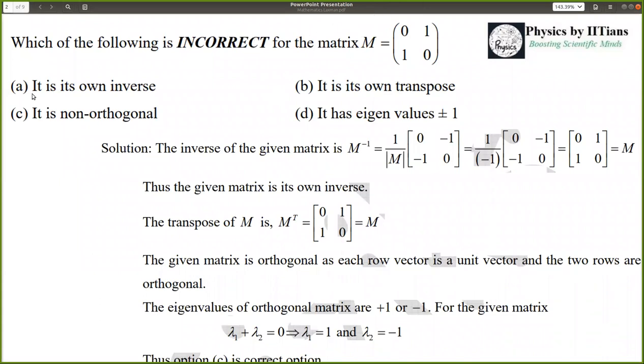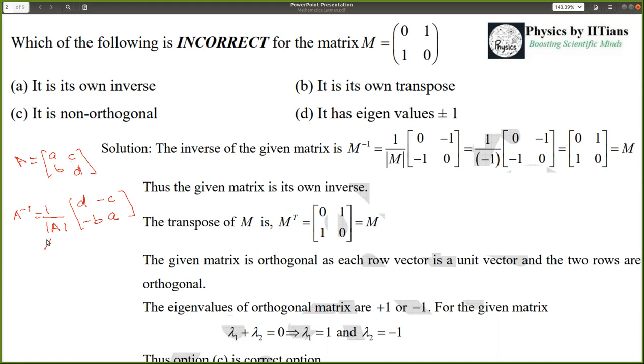Firstly, we have to find the inverse of this matrix. We can use a general formula. Suppose you have been given a matrix A, that is A, B, C, D. For a 2 by 2 matrix, you can easily find the inverse by writing A inverse as 1 by determinant of A multiplied by a matrix. We will replace these elements: A and D will exchange their locations, so D will be here and A will be here. And C and B will change their sign, so it will be minus C and minus B here. So this will be the inverse of a 2 by 2 matrix.